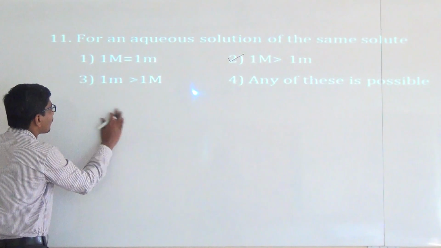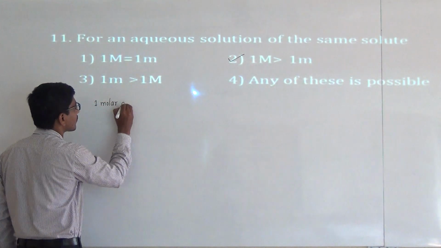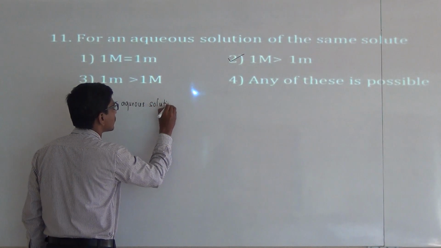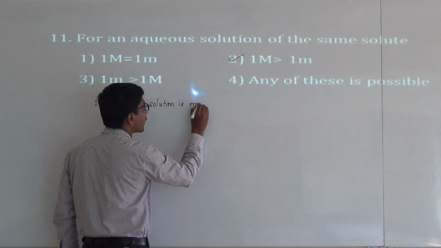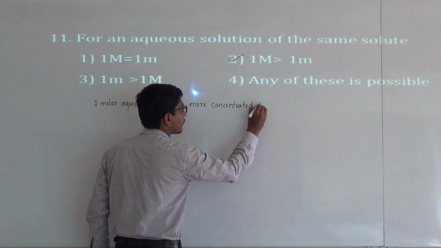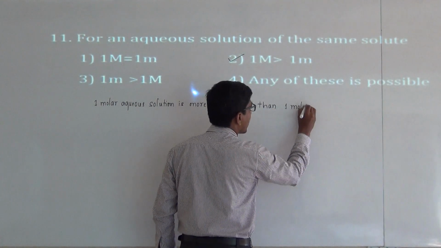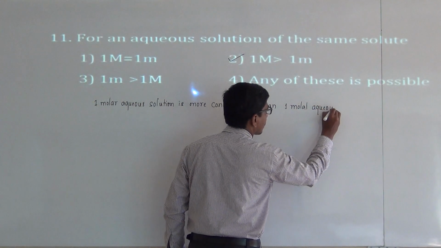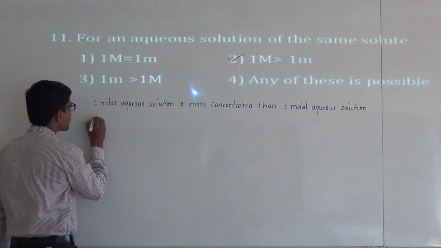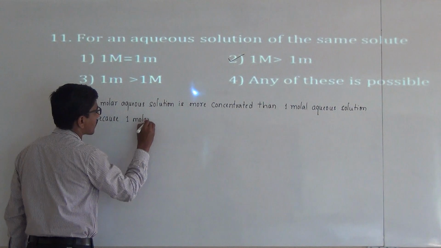The explanation for this is: 1 molar aqueous solution is more concentrated than 1 molal aqueous solution, because 1 molar solution